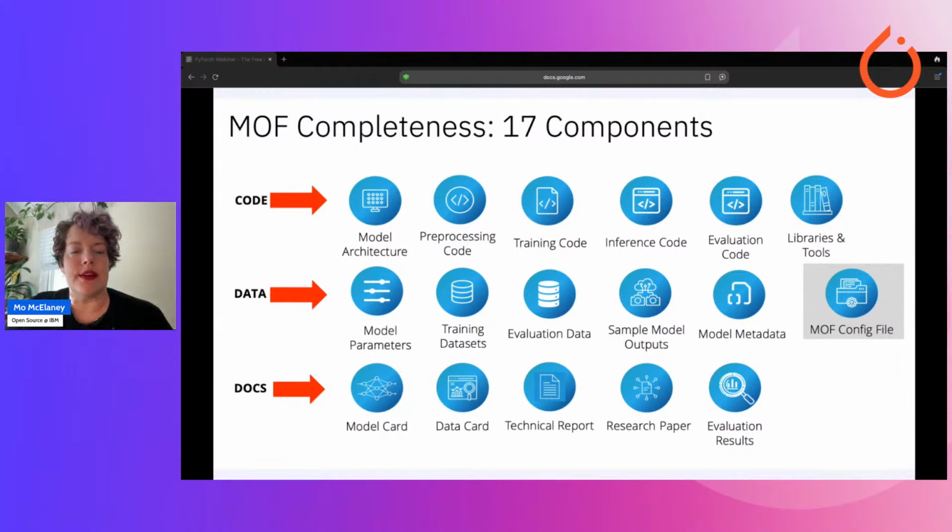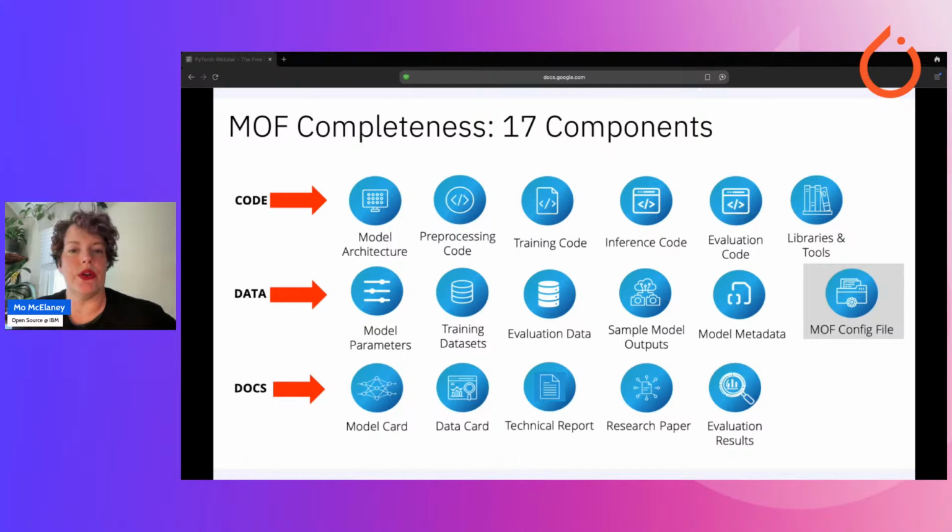So here are the 17 components. They're split into 3 separate categories here: code, data, and docs. So you're looking at them separately, but they all relate to the overall openness of the model.